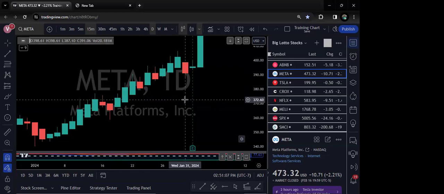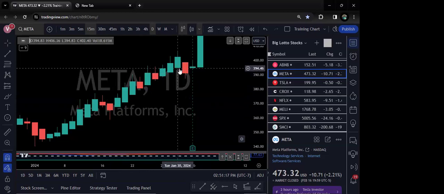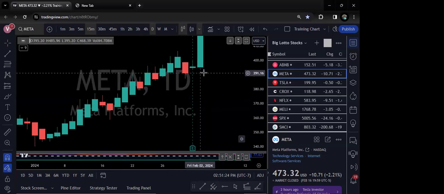Any questions on the daily? Because on the daily, you have to have a viable change of character. So here we had a viable one. This is the low, so it closed down here. But the next day, anytime you have an inside bar, and this candle went up and it closed here, just know this stock, an inside bar is communicating to you. Whoever wins the following day, this candle,